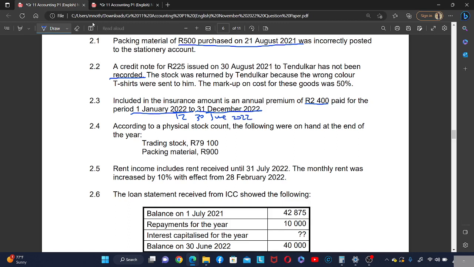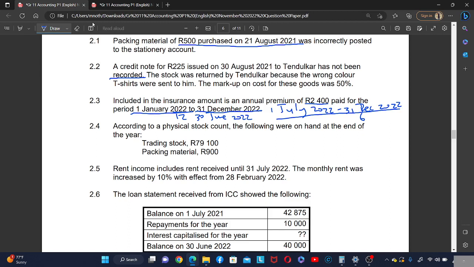So this means that from 1 July 2022 to 31 December 2022 for this insurance, these months that we paid, they are not for our financial year. So we have 6 months that are not for our financial year,